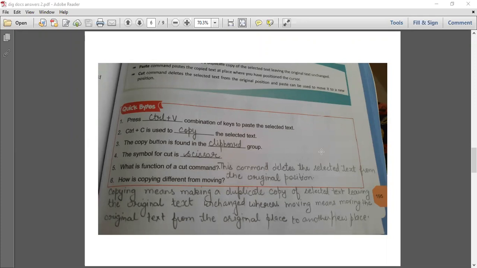Function of cut command is deletes the selected text from the original position. Cut का मतलब है original position से text को remove कर देना और paste करने पे वो नई जगह पे जाएगा. How is copying different from moving? Copying means creating a duplicate copy of the selected text, leaving the original text unchanged. Original text unchanged रहेगा और उसकी copy बन जाएगी. Moving a text means original text is removed from the original place and then you place it into some other new